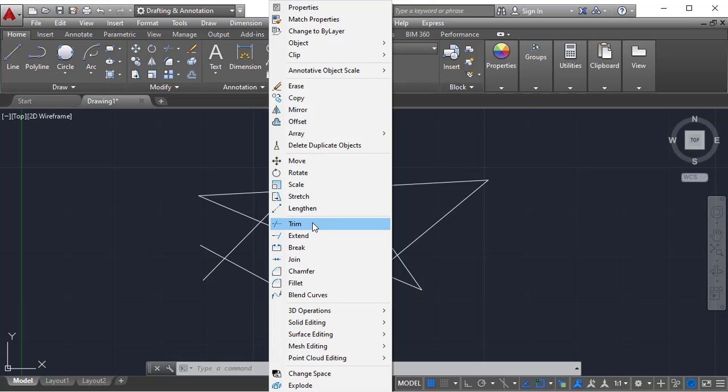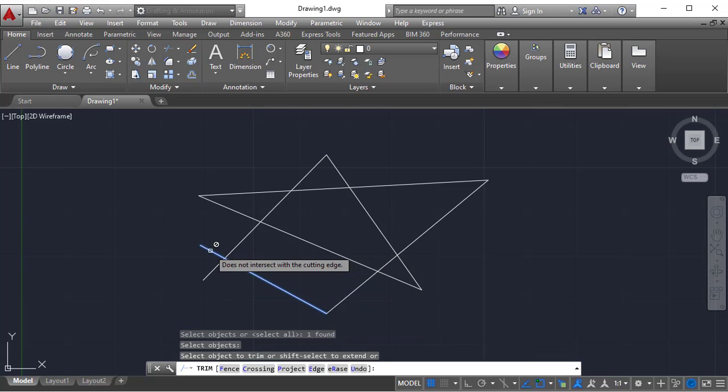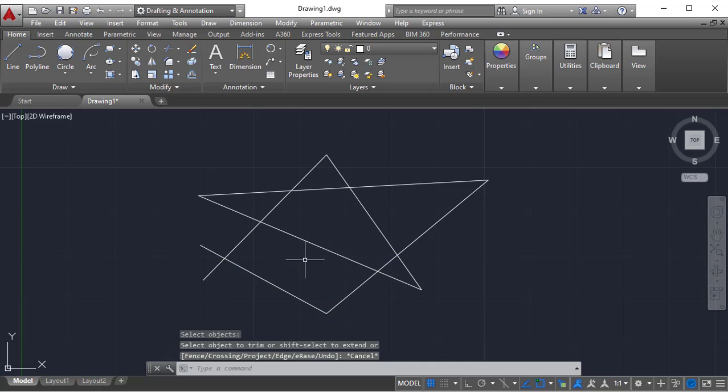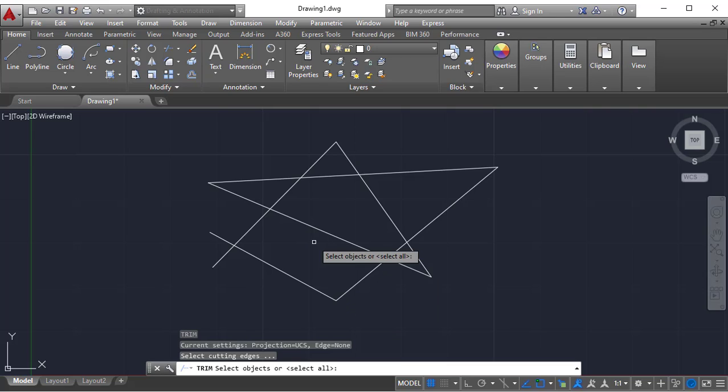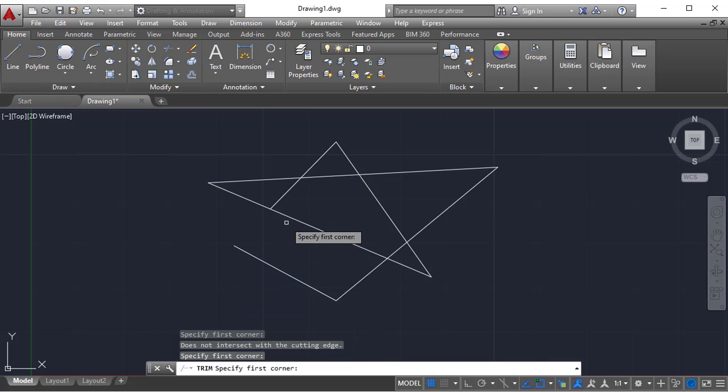If you select from here, again you have to click enter. If not, whatever object you have selected, click enter, that won't get trimmed. It will be treated as a reference. Otherwise, I will use TR, double enter, two times. Now I can trim whatever line is between two intersection points or up to the intersection point, which is known as crossing only. Crossing means at the crossing point the object will automatically get trimmed.